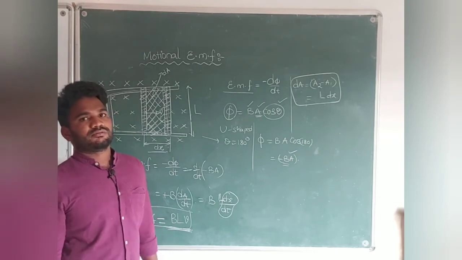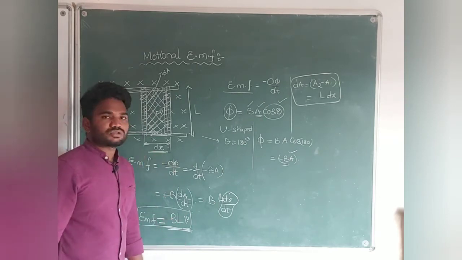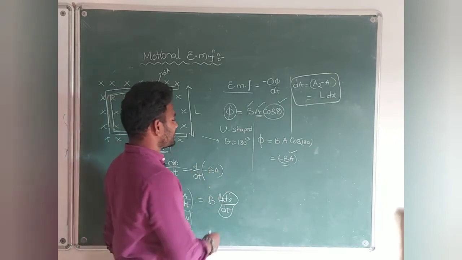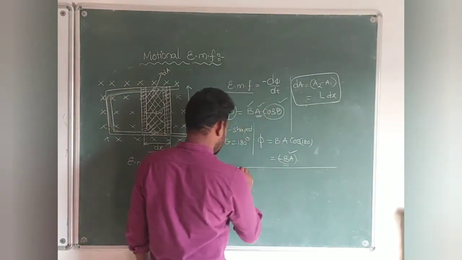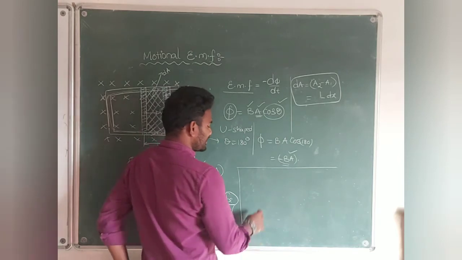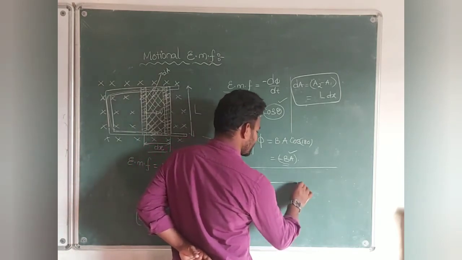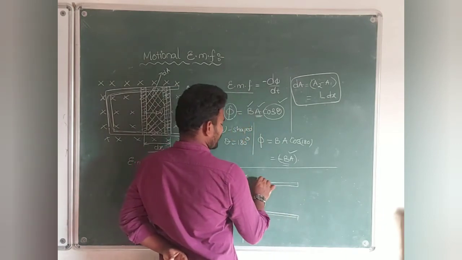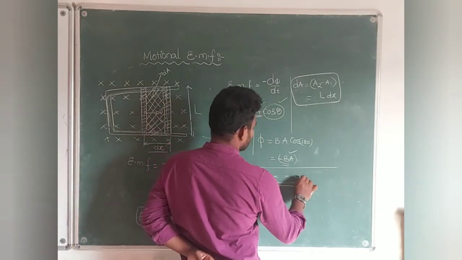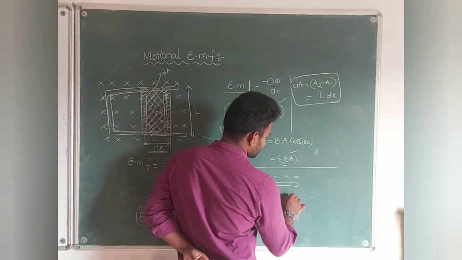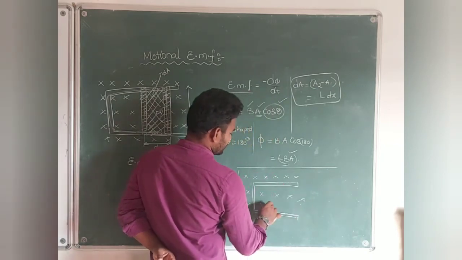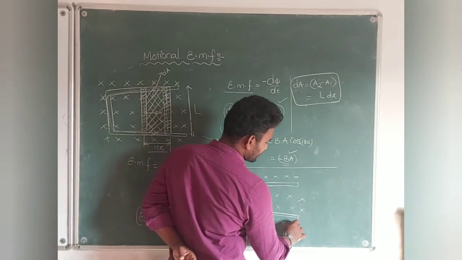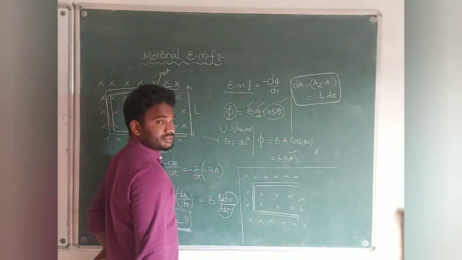So what could be the direction of this motional EMF? That is different, students. Very simply, how to understand. Let me consider how to find the direction of motional EMF. Let us consider the same example. Let me consider this is a C-type conductor. Now I am using the magnetic field as shown in the previous figure. What kind of magnetic field is it, students? Uniform inward magnetic field. Do you know what an inward magnetic field is? It is denoted by a cross.